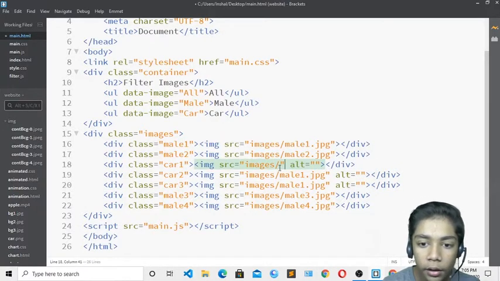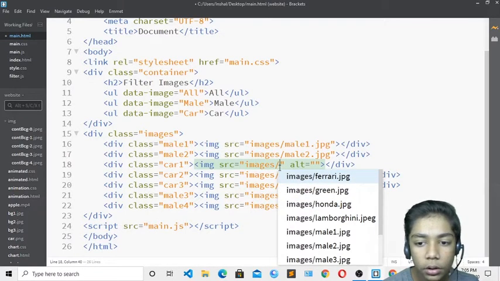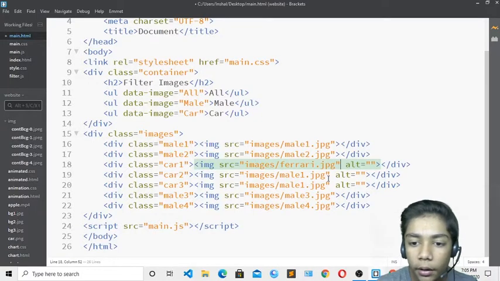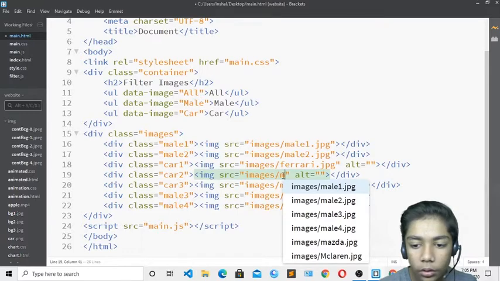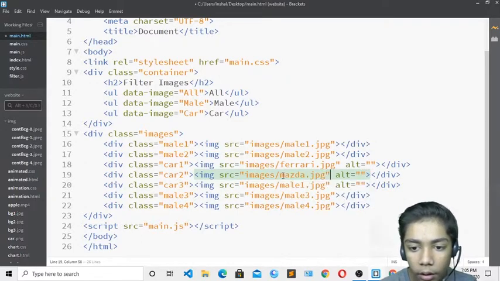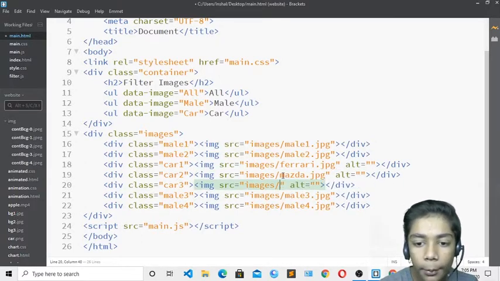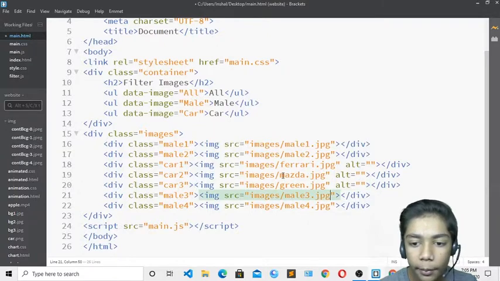Okay, so now here I will change the name, like Lamborghini. I will not write like that, I will write Ferrari over here, which is my car name, and then I will change it, so over here you have to write Mazda. Okay, so this was also my car. Then I will come over here and write green. Okay, means green Lamborghini was my car.